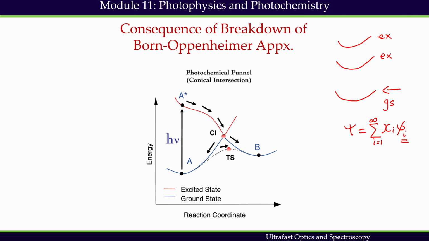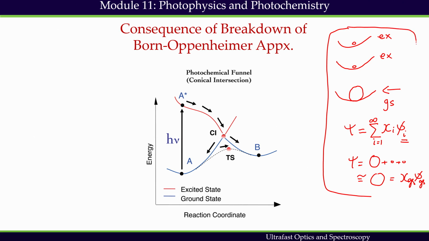Now, if we are in the ground state, then I have a maximum contribution coming from the ground state, and one can say that psi can be represented as this plus this plus this, which can approximately be written as just the ground state nuclear wave function multiplied by the ground state electronic wave function. So, one single product is perfectly fine for a situation where upper electronic states and lower electronic states are well separated. But this situation may not be valid when we extend this potential energy surface to a certain